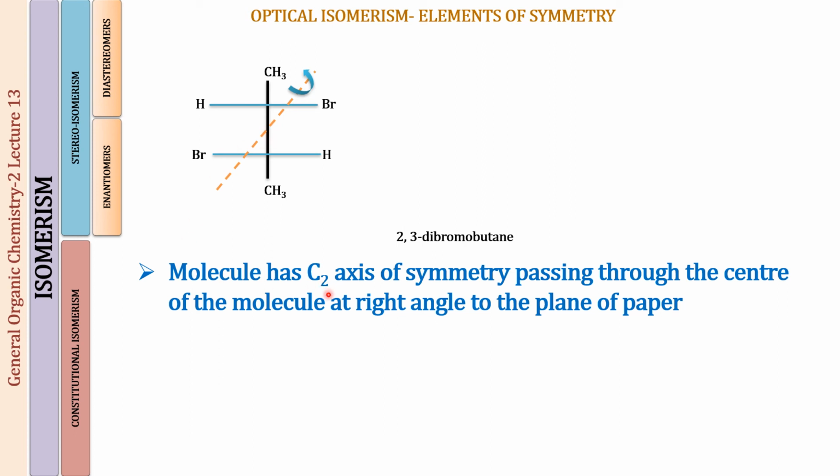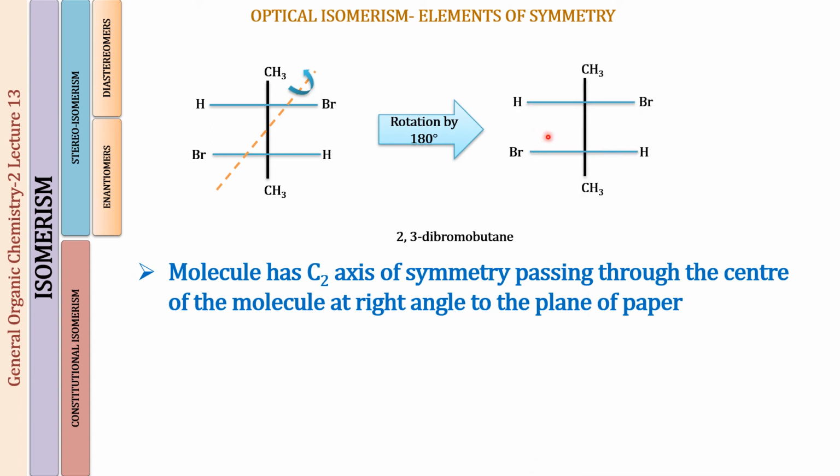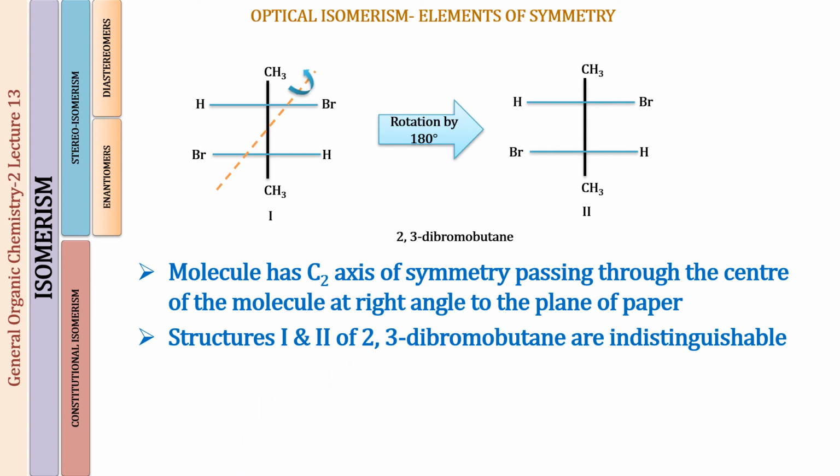And now this molecule is going to have a C2 axis of symmetry, meaning if I rotate this molecule by an angle of 180 degrees about this axis of symmetry, what I will be getting is this structure. Okay, so I am holding my axis of symmetry, rotating the molecule about it. So what will happen is this CH3 will go in this position just like this, and this H will be coming over here, this H going over here. So this is going to be essentially the same structure. So structure 1 and structure 2, they are indistinguishable from each other. Fine. So this molecule has an axis of symmetry. First of all, this is what should be clear to you.